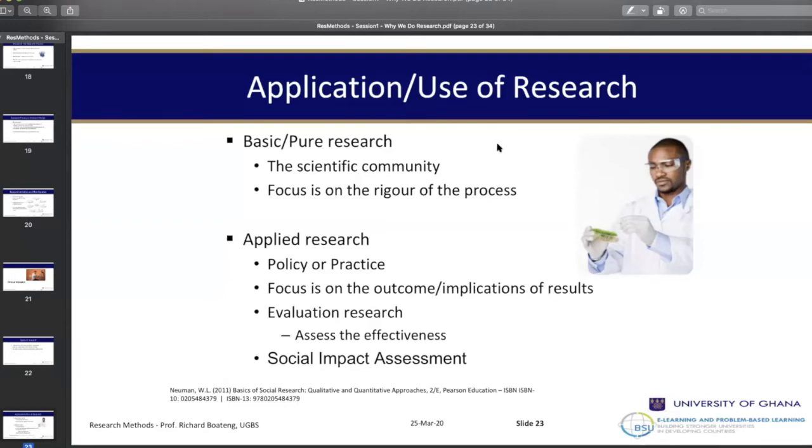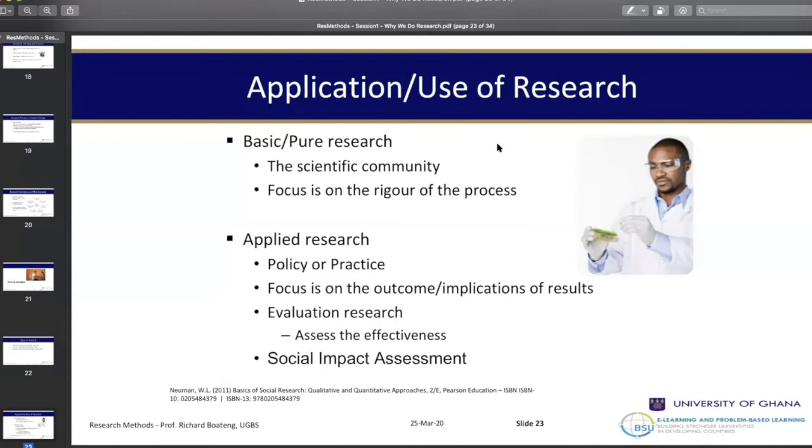So most of the time, the scientific community will check the rigor of arriving at the answers rather than just checking the answer. Then the second audience is the policymakers and practitioners. We call that one applied research. Most consultancies you see being given to faculty members by industry, or to people in industry, they may call it policy research, but we call them applied research. Applied research means that the audience of the research is the practitioner and policymakers.